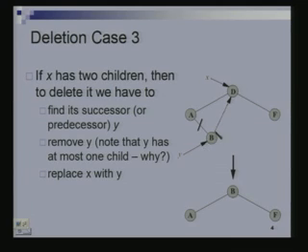Okay. So we worked with the predecessor, but we could also have worked with the successor. Since this has two children, we can also find the successor of this node by going once right and then keep going left. The same kind of thing could be done even there. We could have replaced this node with its successor instead of its predecessor. But in this example I had shown the predecessor, which is why I worked with the predecessor.